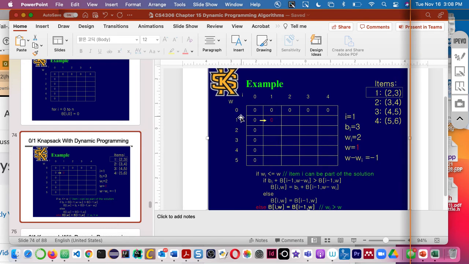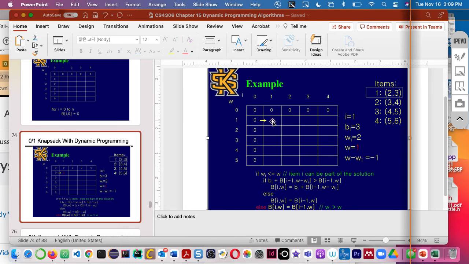So for here, item 1 is how many pounds? Weight 2 pounds, right? And the benefit is 3, right? So at this point we can only select item 1. Before that, all will be 0. If your weight is less than the item's weight, you cannot select item 1. 0 means I am not selecting item 1. Since item 1's weight is 2 pounds, until you get to weight 2,